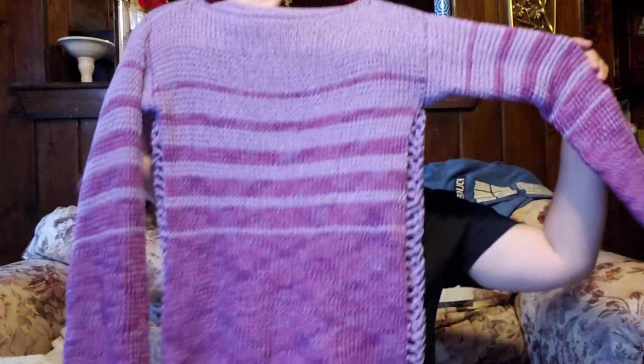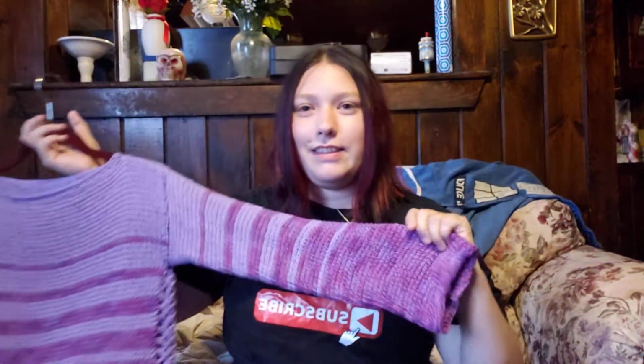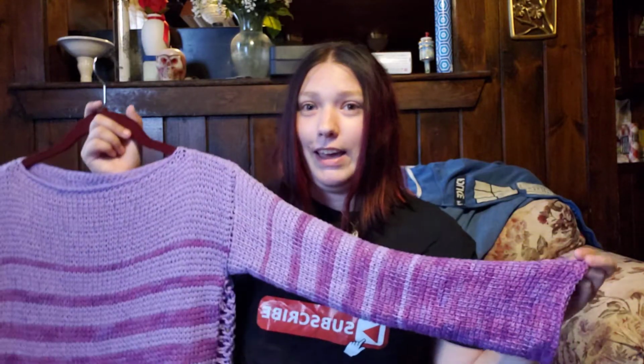Now, for the last thing that I have, well, not really the last thing, I have another thing that's in the works, but I'm gonna show you this. This was made with 50% bamboo and 50% cotton, and I looked for suggestions, way before I even started this, on what I could make with it, and I was very, very